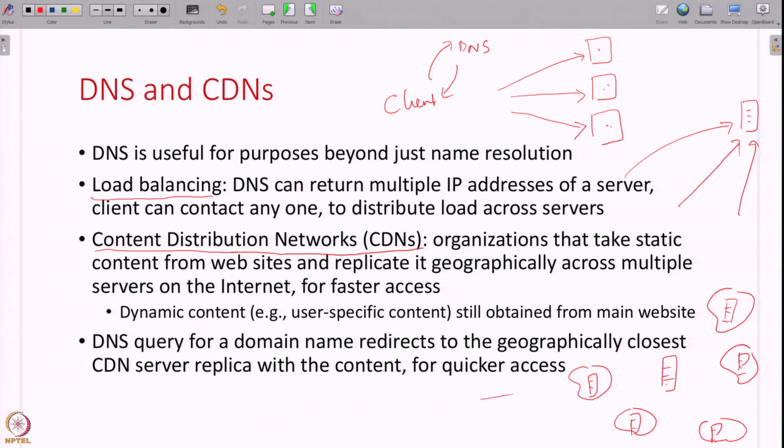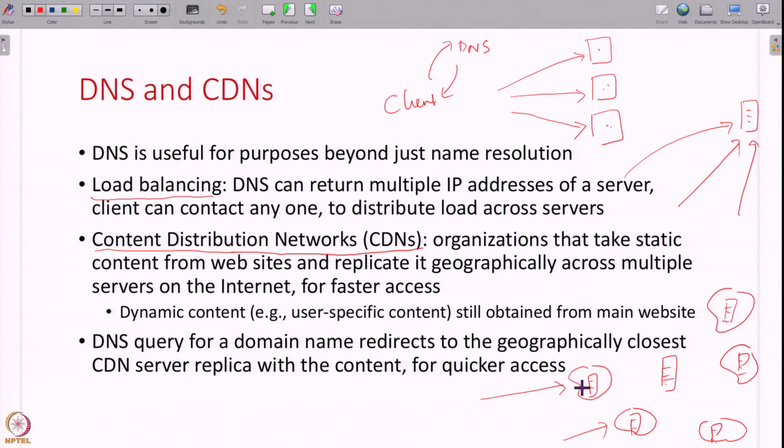So now if somebody from the US wants to access this website, this content, they do not have to come all the way to India, they will just use a local copy from the CDN that is located in USA. Somebody else from Europe can simply access the copy that is there in Europe. Okay? So in this way, what CDNs do is they will replicate the content of a website or any other internet service all over the internet in geographically distributed locations, so that everybody can access their closest replica and get